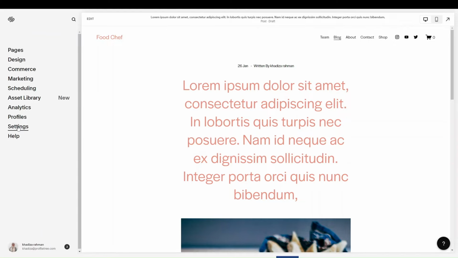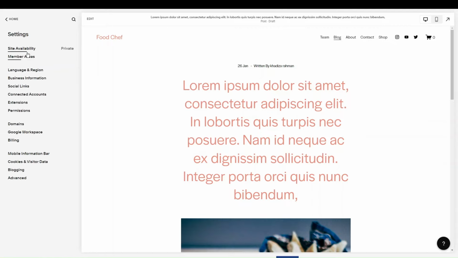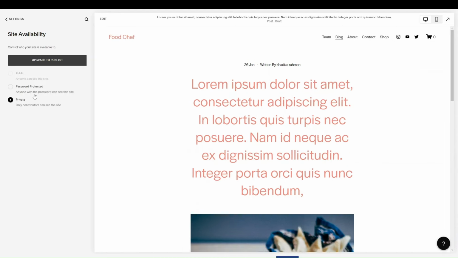The other thing that you might want to set up is to just check your settings, make sure that you have the site availability. So right now the site is set to private, and that's because we don't have a plan in place. So we'll need to upgrade our site plan. If you click onto site availability and click on upgrade to publish,